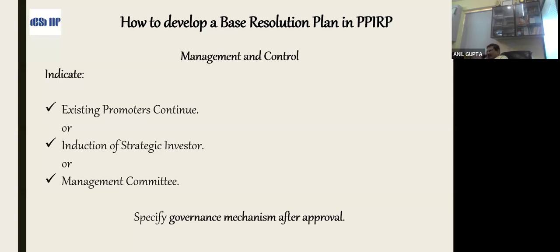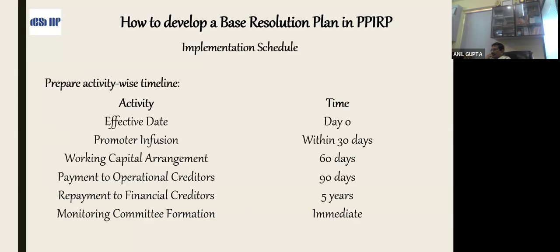Specify the governance mechanism after approval. Once the base resolution plan is there, what are the best governance practices, following business ethics and other things, the corporate governance, all these things are also to be mentioned in that base resolution plan. Not only that, in the base resolution plan,